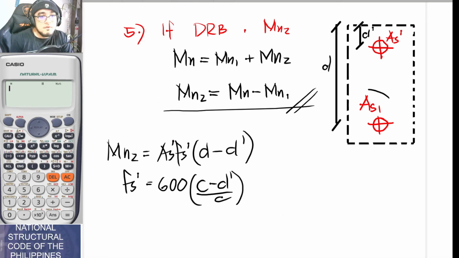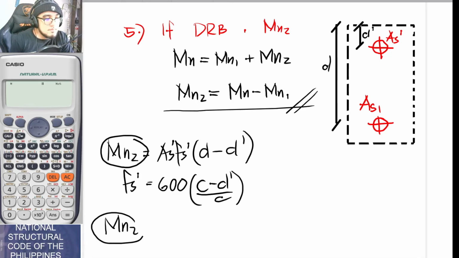But what about your As1? For your As1, get the moment about this point. So, how do we take the moment there? For Mn2 once again. Mn2 was already known a while ago, so they are the same. And this is now equal to